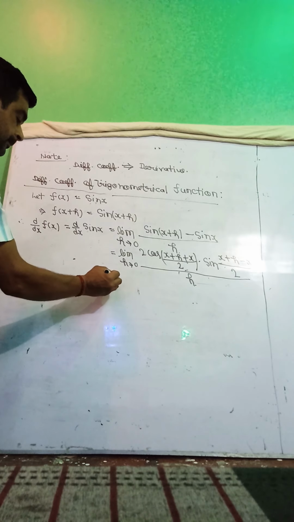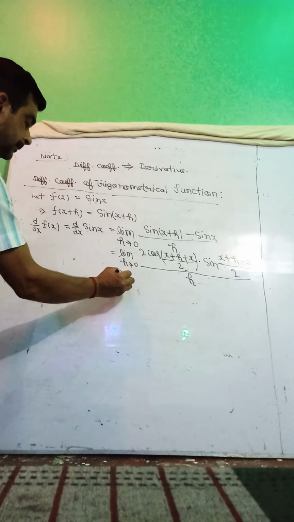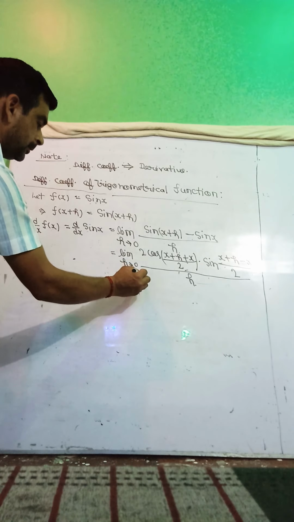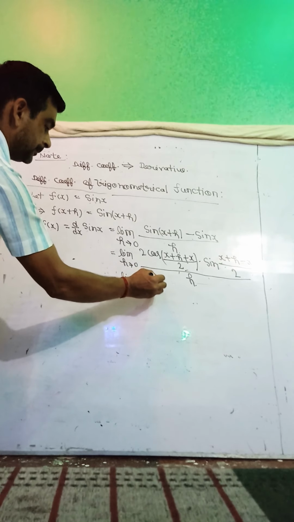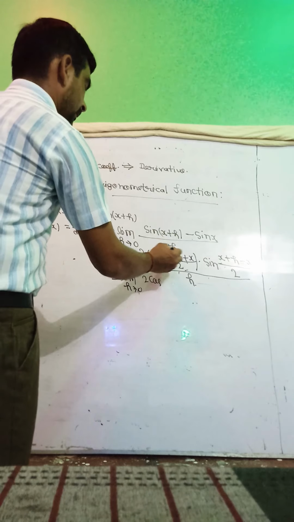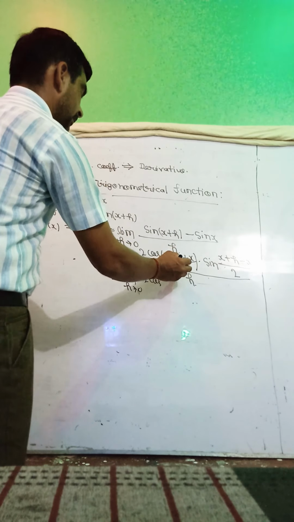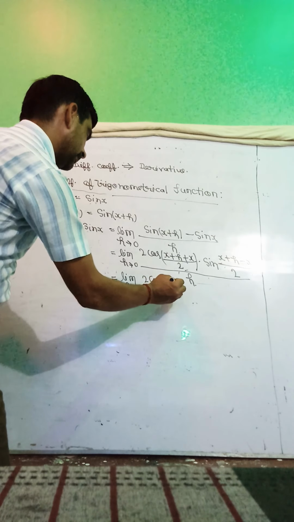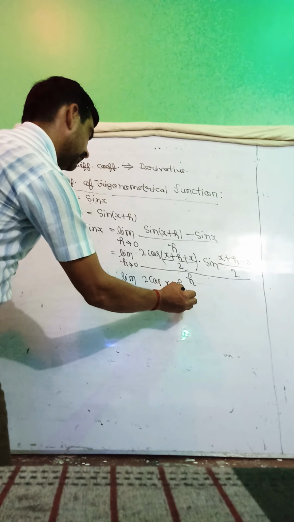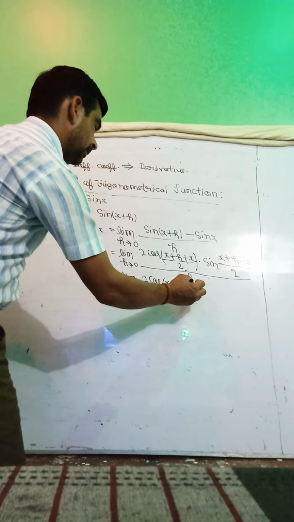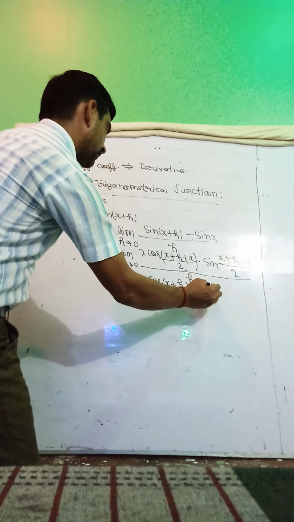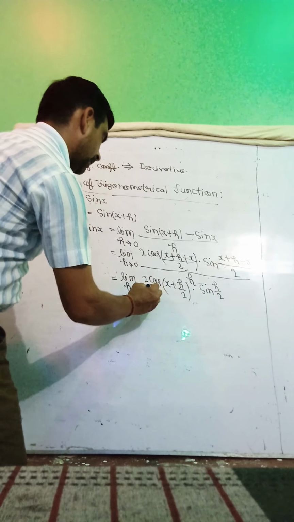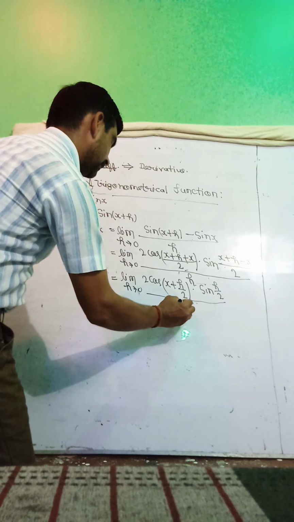Here we may write limit h tends to 0, 2 cos(x+h/2) into sin(h/2) divided by h